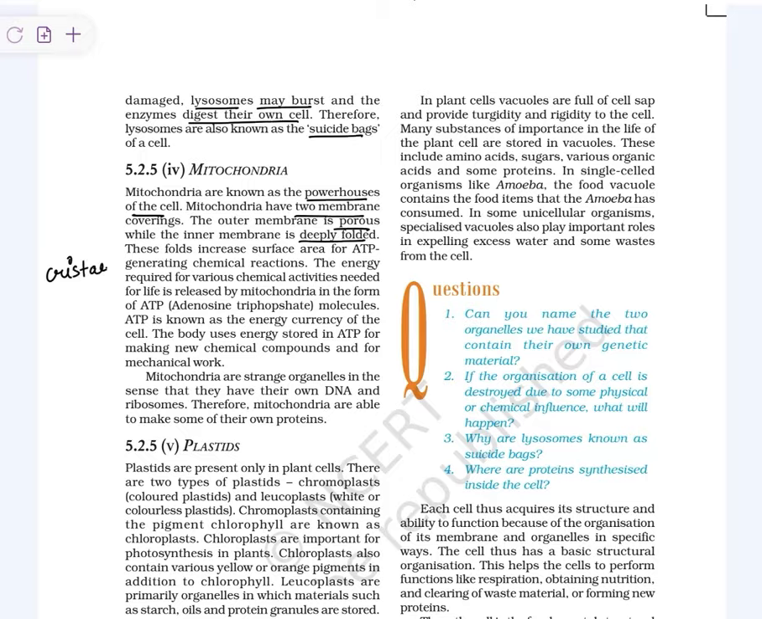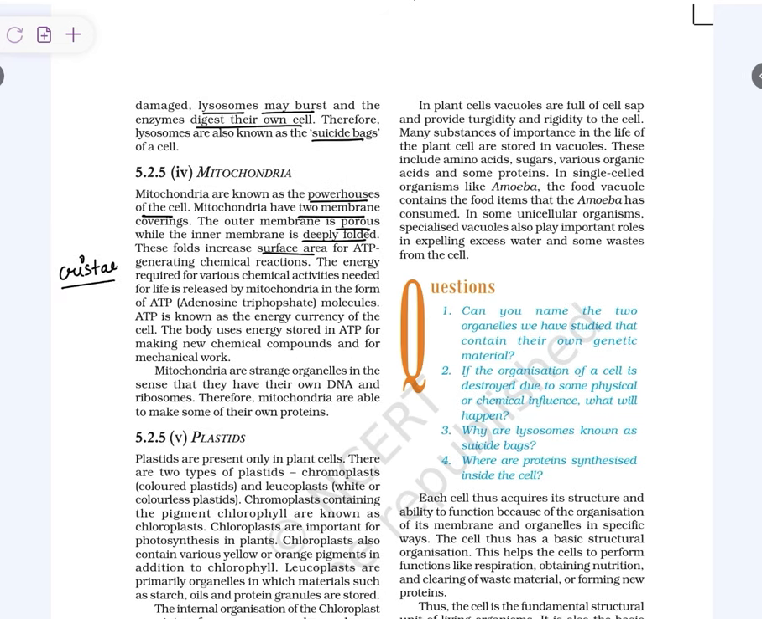ये सरफेस एरिया इंक्रीज करता है. These folds increase the surface area for the ATP generating chemical reactions. In general, ये जो inner membrane होती है क्रिस्टे, इसके surface पे ऑक्सीजोम्स प्रेजेंट होते हैं. ये ATP जनरेटिंग यूनिट्स होती है, ऑक्सीजोम्स होते हैं. तो ये सरफेस एरिया इंक्रीज करता है. जितना ज़्यादा सरफेस एरिया होगा उतनी ज़्यादा ऑक्सीजोम्स होंगे, और जितने ज़्यादा ऑक्सीजोम्स होंगे उतनी ज़्यादा हम ATP जनरेट कर